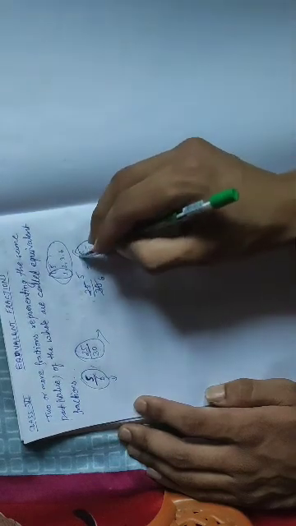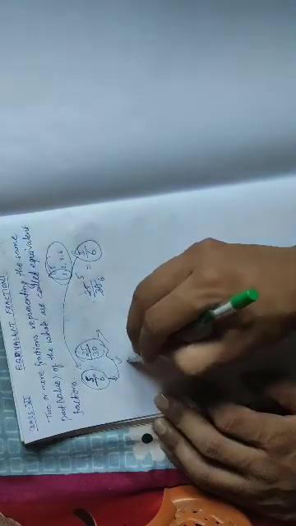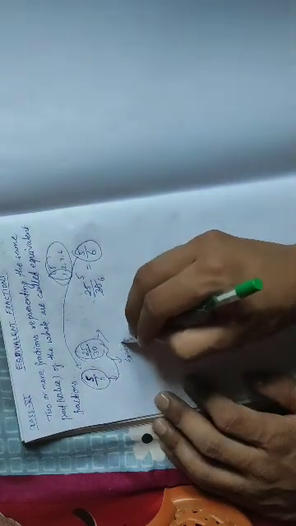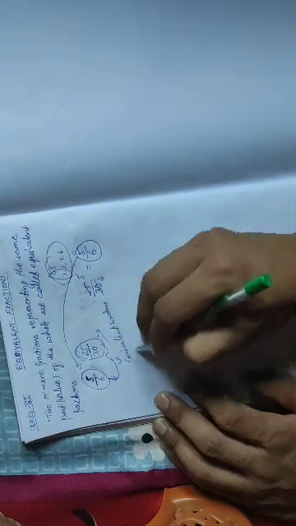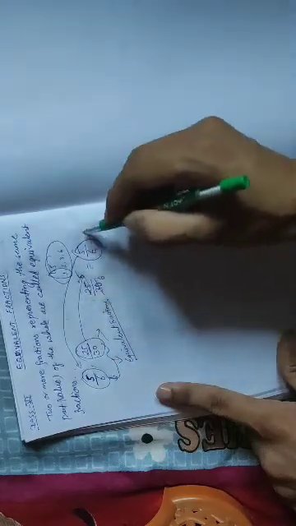You get the same value. Whether you say 5 by 6 or 25 by 30, it means the same, that is 5 by 6. That is why these two fractions are called equivalent fractions. That is why the definition says representing the same part, because eventually we got the same fraction for both of these.